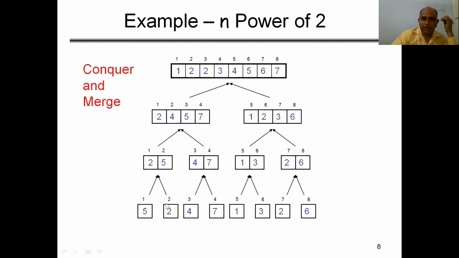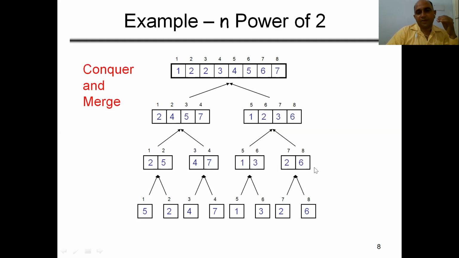We have the input of subarrays, like these are the different subarrays, each of size 1. So here we apply both steps, conquer and merge. These two subarrays are merged by calling the recursive algorithm of merge sort. Here you can see when we compare 5 and 2, the sorted array becomes 2 5. Here 4 and 7, after applying the logic of merging two sorted arrays, here comes the result 4 7. Similarly 1 3 is the same here, 2 6 is the same.